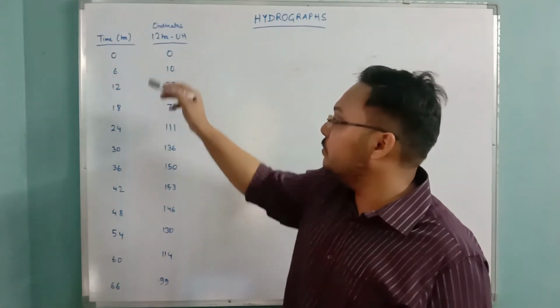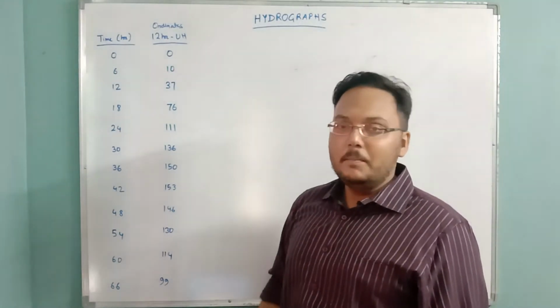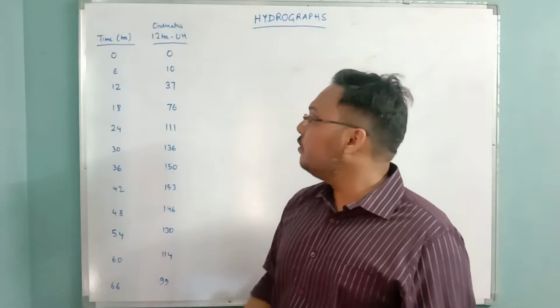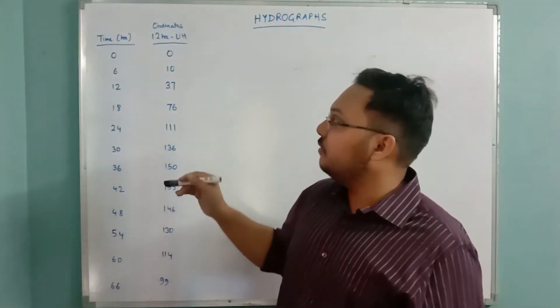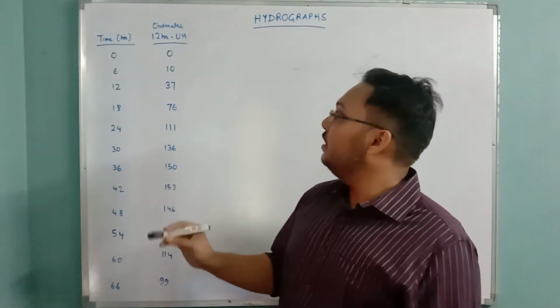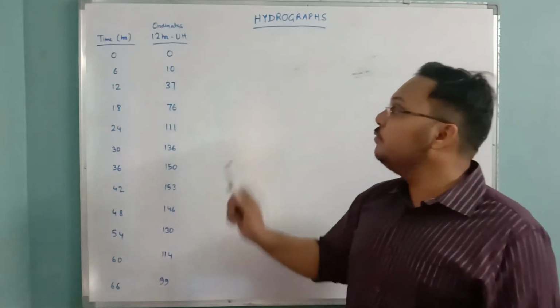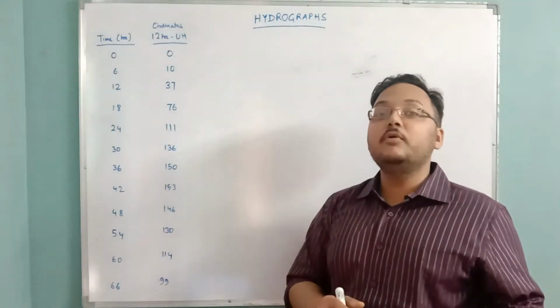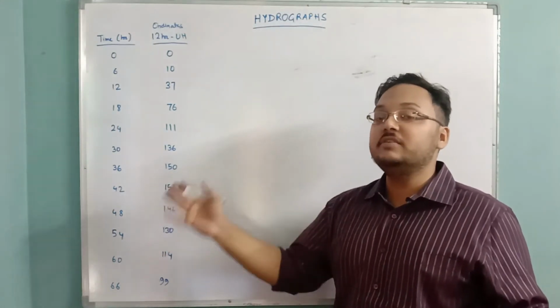All you are going to check is the multiples of 12. But as we are given 0, 6, 12, 18, 24, we are going to take the 6-hour lags only. But in the first addition, we will do the 12-hour lag, because we do that much lag only, whatever duration of hydrograph is given to us.